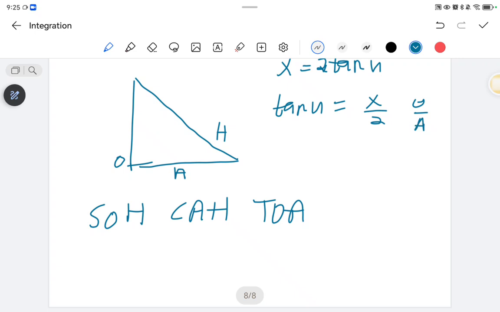Do you agree here? We're saying that tan u is equal to O over A. So when we are saying that tan u is equal to O over A, we're gonna do this. We're gonna have here,